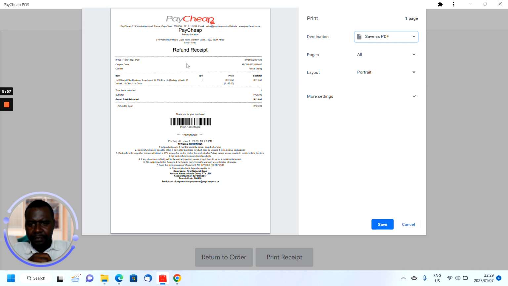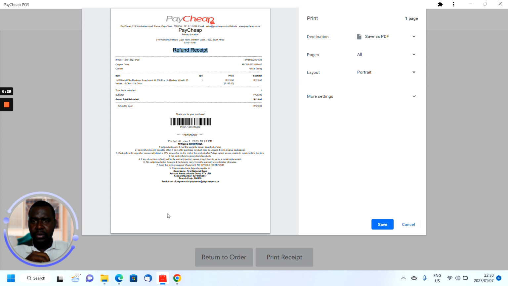Yeah, so you can see here, but ideally, because I'm working from the primary location, the location that we'll be working with is probably going to be a store. There is going to be more information here at the bottom, like the customer's name, the bank name, the bank account number, and then the branch, and then there'll be a part for them to sign. This is very important. It's not on my refund receipt, but I'm sure the one you'll be seeing right now might have that information. So it's important you print this receipt, hand it over to the customer, let them sign the receipt, and then you keep it,